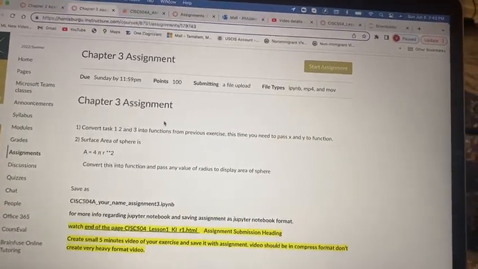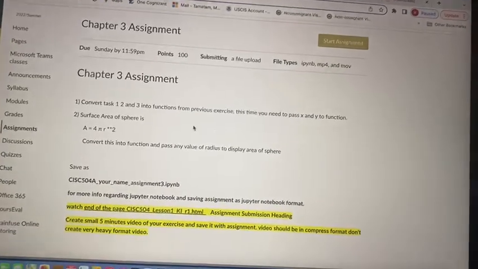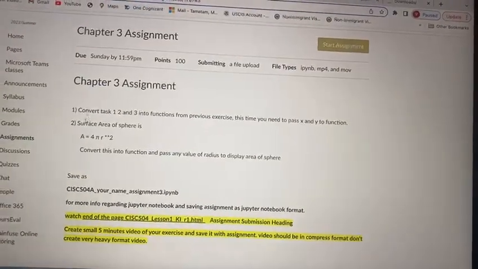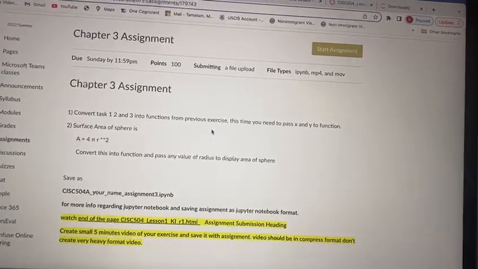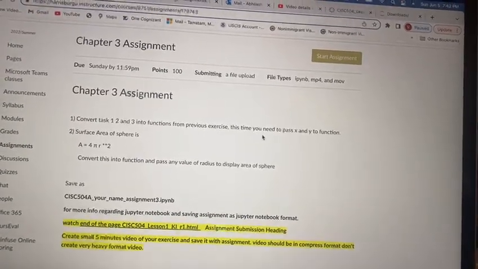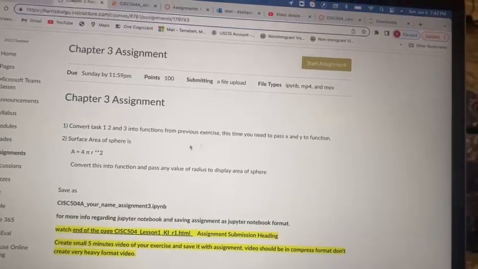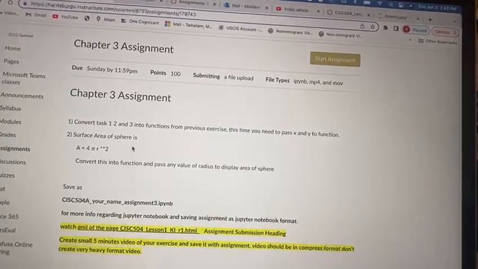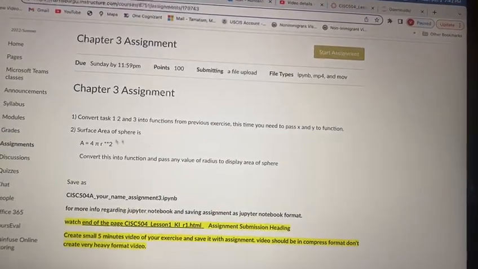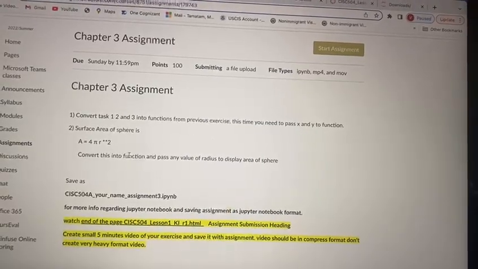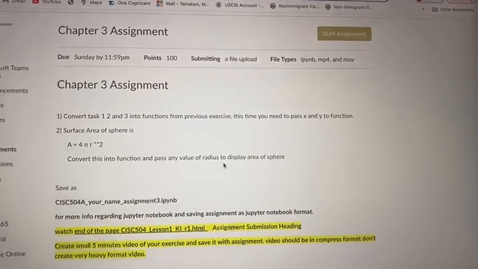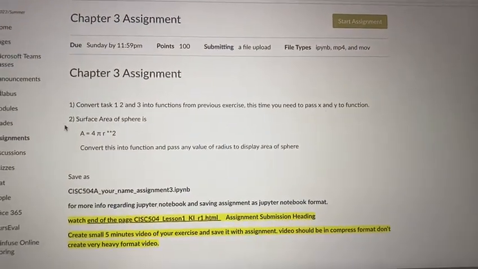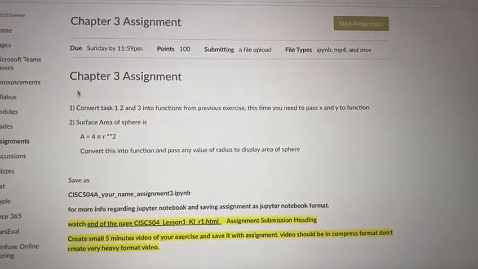I am here to discuss my assignment 3. I see the question is to convert task 1, 2 and 3 into functions from the previous exercise, and also I need to pass x and y to the function. The second one is surface area of a sphere, so convert it into a function and pass any value of radius to display the area of the sphere. So right now, first what I did is I took the